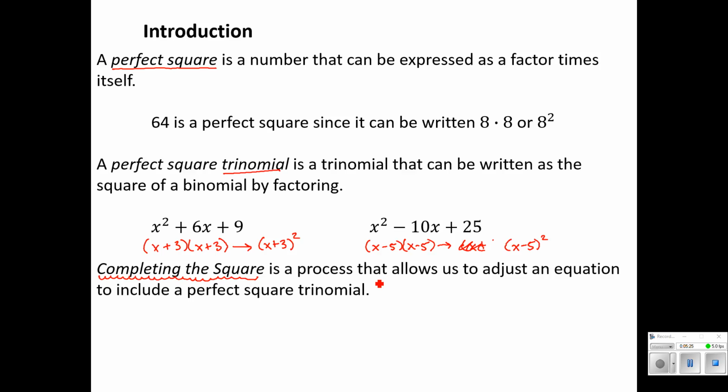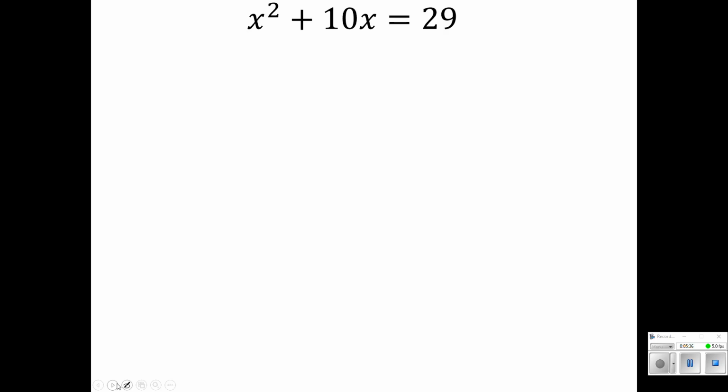All right, so what we've come up with is a process called completing the square to turn any equation into a situation where we have a perfect square trinomial. So just some small adjustments that we need to make. To explain this process of completing the square, I came across this excellent visual explanation. A colleague of mine showed this to me.